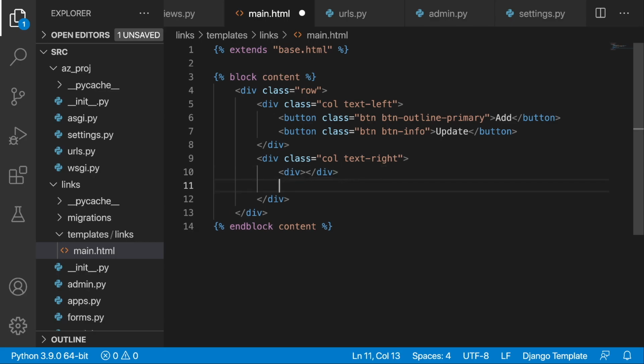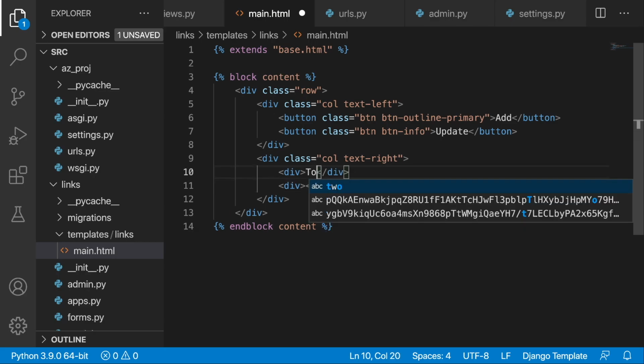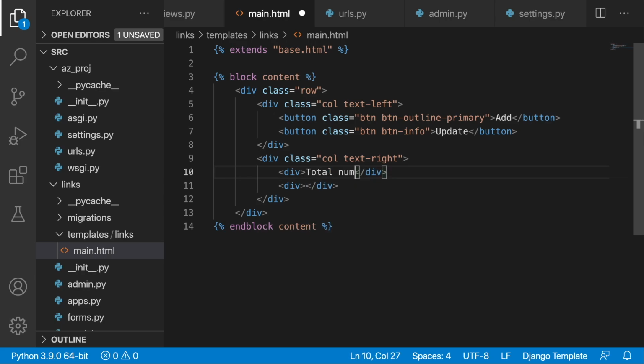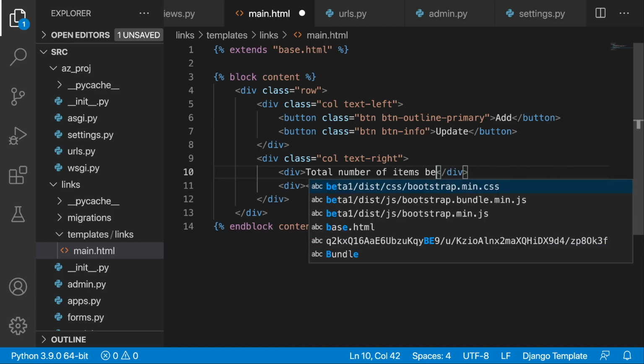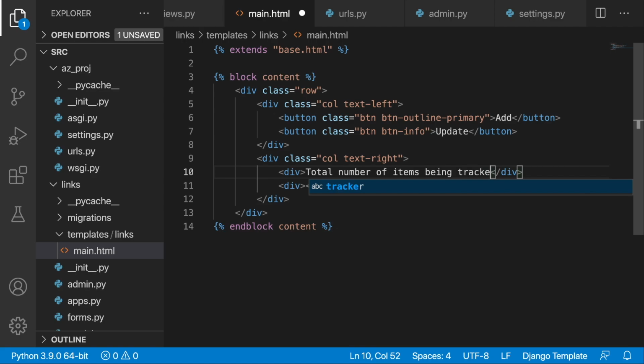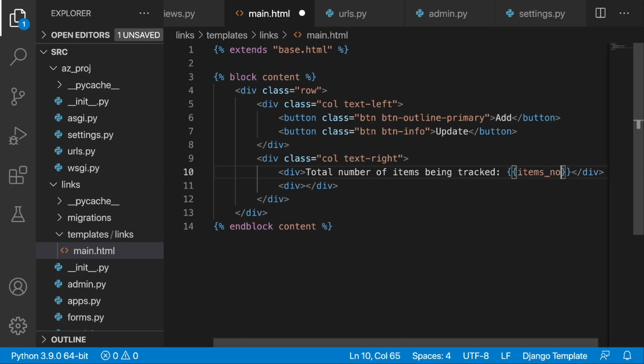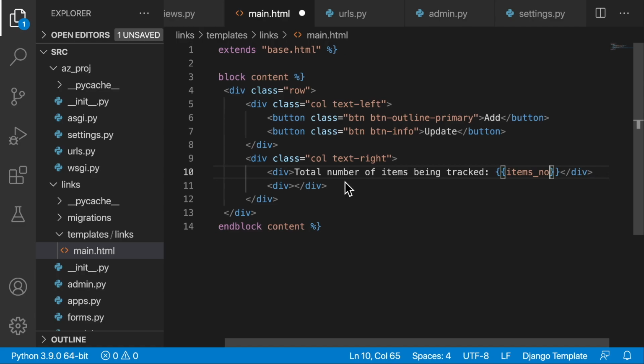In the first one, I'm going to put an information, total number of items being tracked. And here what we need to do is to put in the items NO that we are passing from our views. Okay, and